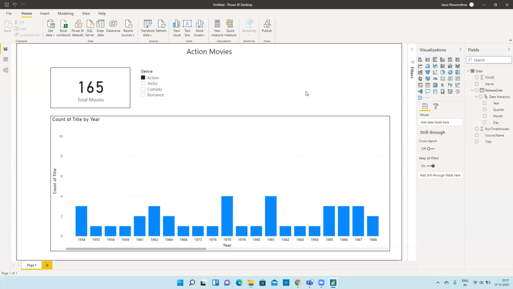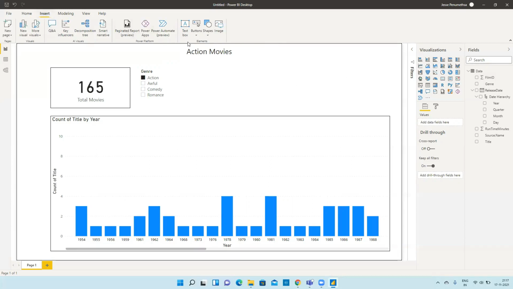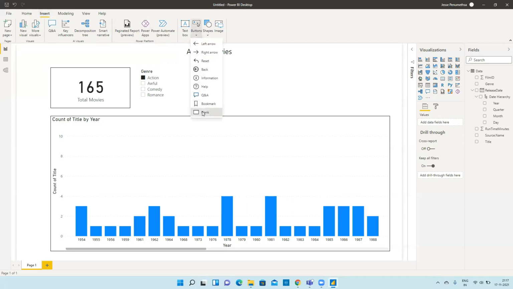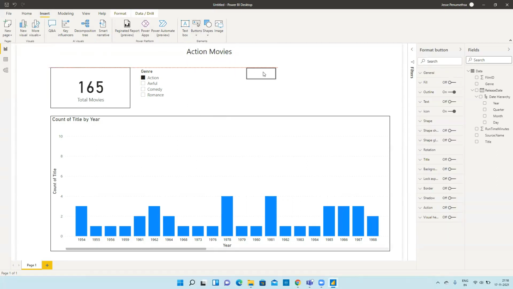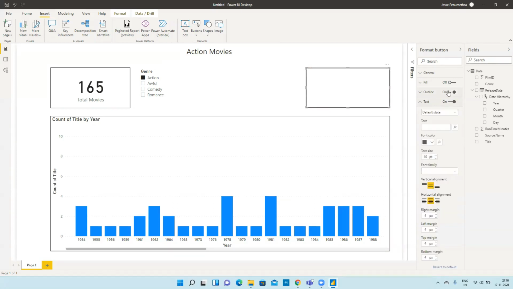Now if someone clicks on one button here, that button will be a blank button from the insert menu, and the text on it will say comedy movies.